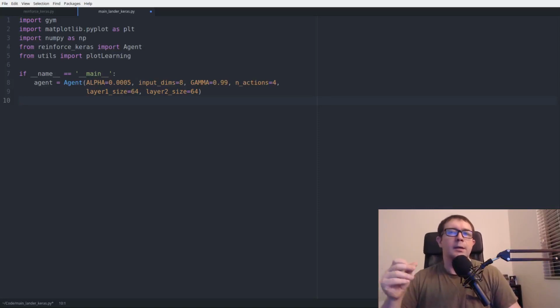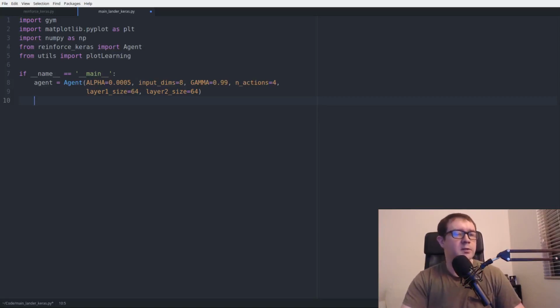unstable. I haven't done a whole lot of hyperparameter tuning. This gets a decent enough result. It doesn't quite beat it. I think in my PyTorch version it did beat it. There's always slight differences between versions, but this forms a conceptual basis for other stuff like actor-critic methods and deep